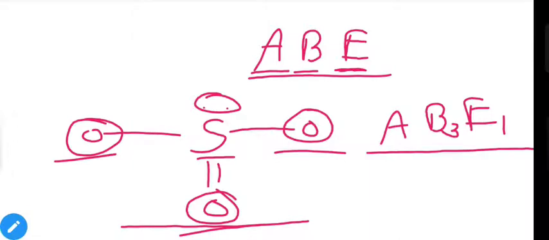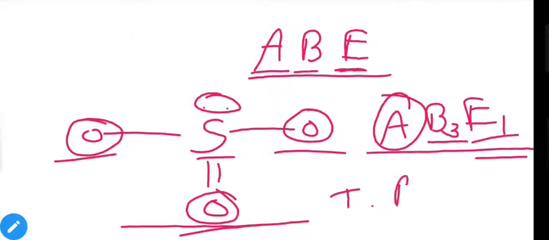Now follow the table mentioned in the textbook and find this type of representation, in which we have one central atom having 3 bond pairs around it and one non-bonding electron pair, and try to find the shape mentioned in it. It will be triangular pyramidal. Now let's talk about NO3 minus.